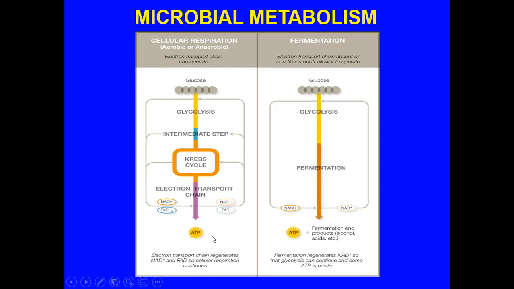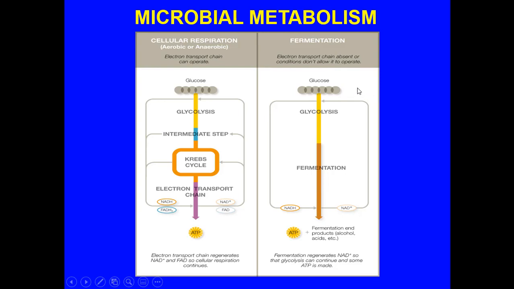From the intermediate step downward, this is all that you're going to see really in the mitochondria. You have an intermediate step, you have the Krebs cycle, which is also going to set up the supply of electrons and hydrogen ions, protons, for the electron transport chain, which will give you the production of ATP. And with fermentation, though,